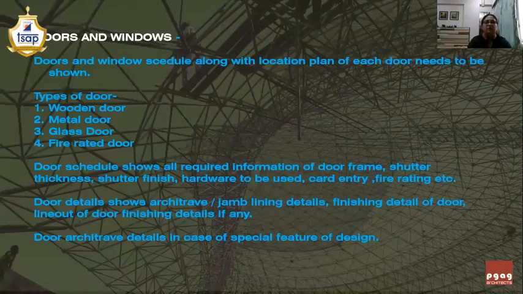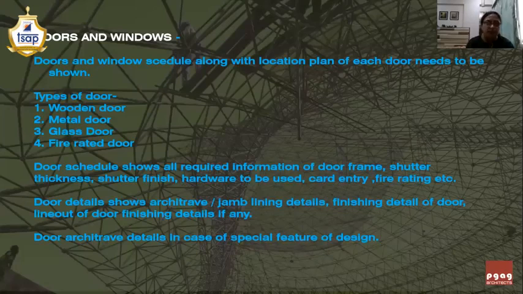So, the door schedule shows the required information of the door frame. For example, the door frame is of 75 mm by 100 mm wood, or it is 100 by 120 mm wood. What is the type of wood used? Is it sal wood or is it CP teak wood or any other type of wood?